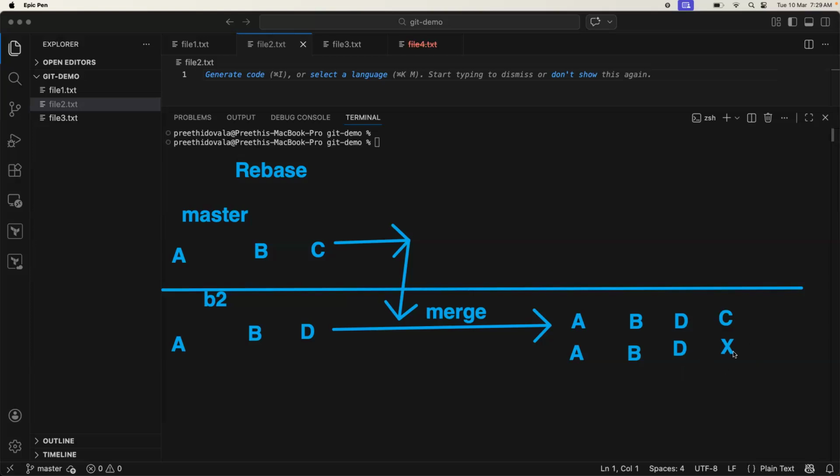You will see a new ID generated here as a topmost commit. So this is what happens when you merge. A new ID is added just because you are merging. It doesn't make any sense, right? Because we don't make any latest commit in the B2 branch. So if you don't want new commit IDs added just because you're merging, and if you want to